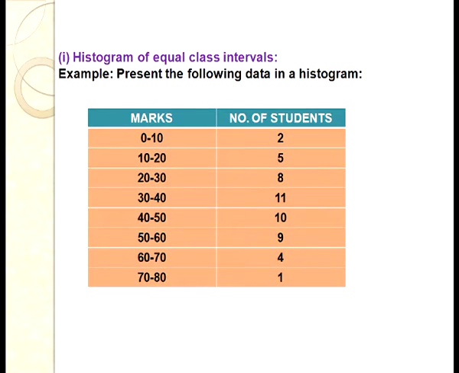Let's see with the help of an example. This is an example where we are going to construct a histogram. Let's first analyze the data. We can see from the following data that it is a frequency distribution, and it is a continuous series. Continuous means the upper limit is the next lower limit. The class interval gap is also the same. So that's where the heading goes, histogram of equal class intervals. Now let's see how we have drawn it.